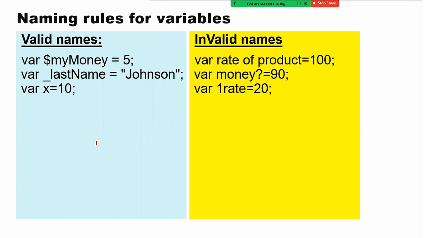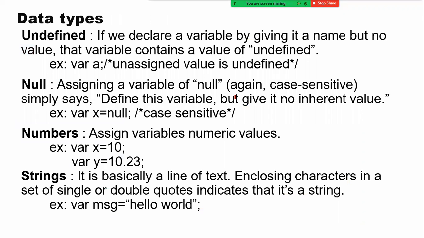When you talk about invalid names, that means the names which are not allowed. You cannot use spaces, or make use of special characters like a question mark, or start with a number as the first character. So those are the things that you need to remember. Now, when I talk about data types, the data type is based upon the value you put into the variable, and it's automatically going to define the data type, we call it.